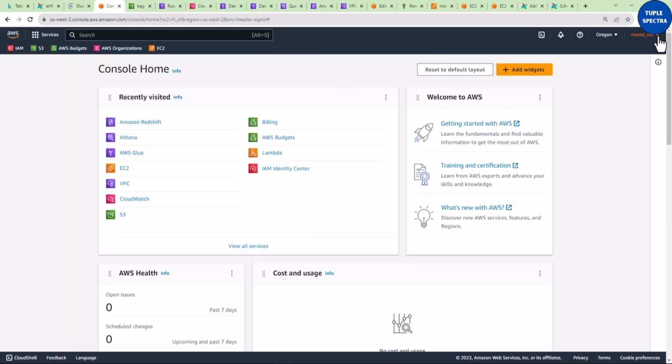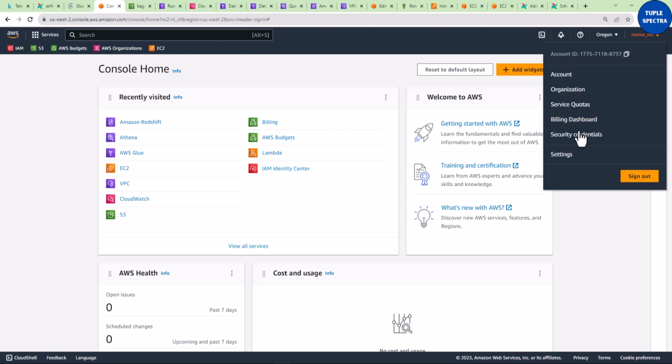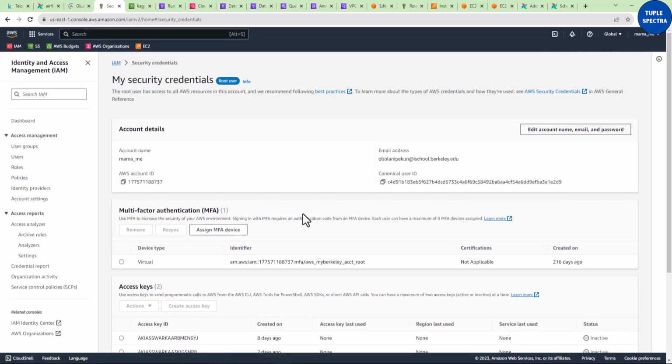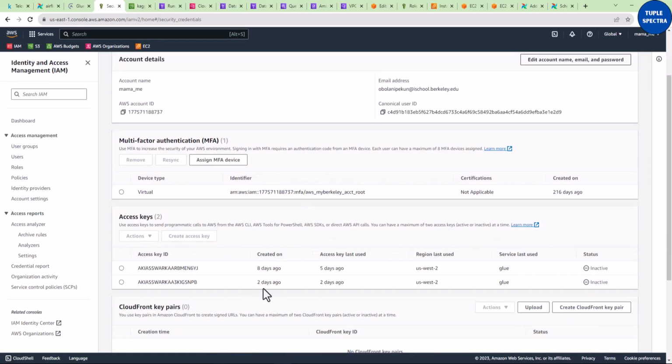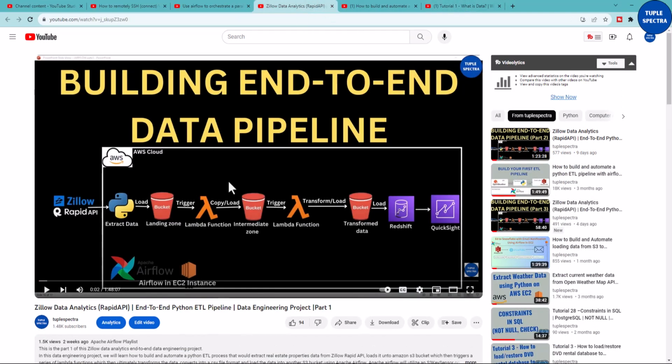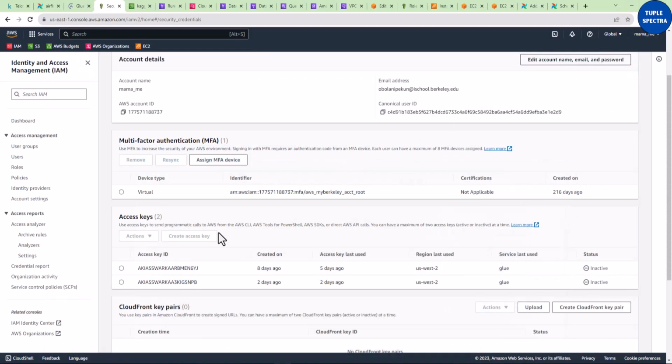I'll come to my profile name right here. I click that, then I'll come to security credentials. I will click that. Okay, since this is the role that I'm using, my root role. If it were to be a particular role that was created, or a user that you have created, which I showed in my previous video, this Zillow video right here, I created a particular user, and then you can create an access key for that particular user. Okay, but for this particular one, I'm using my root